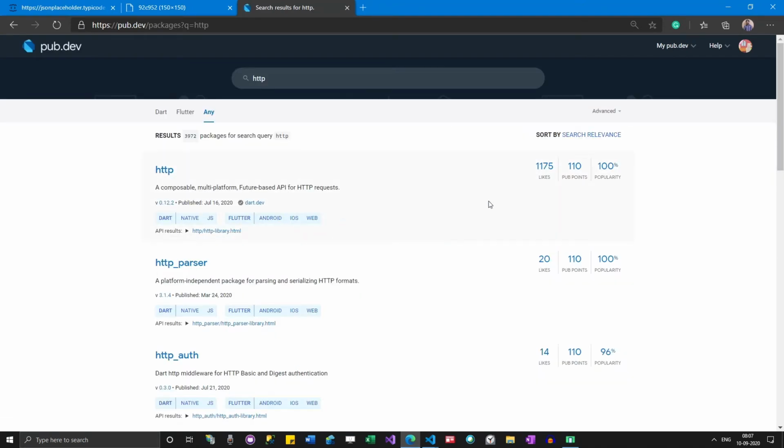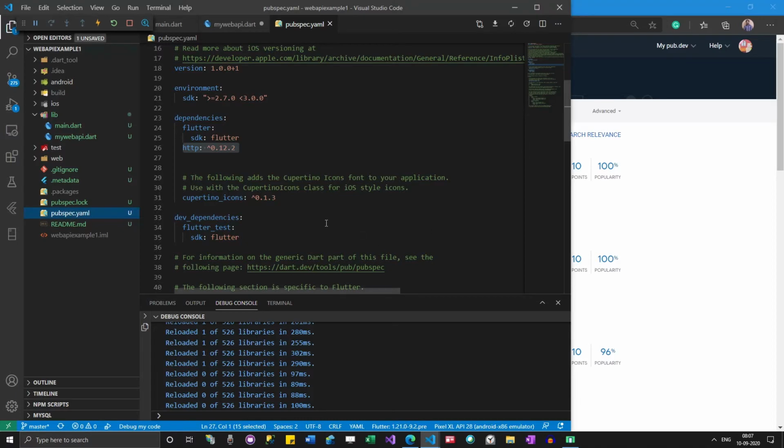If you go to pub.dev and search, you can see that this is developed by dart.dev. They are the ones who gave this package. You might think reading web APIs is very basic stuff, so why do we need a separate package?